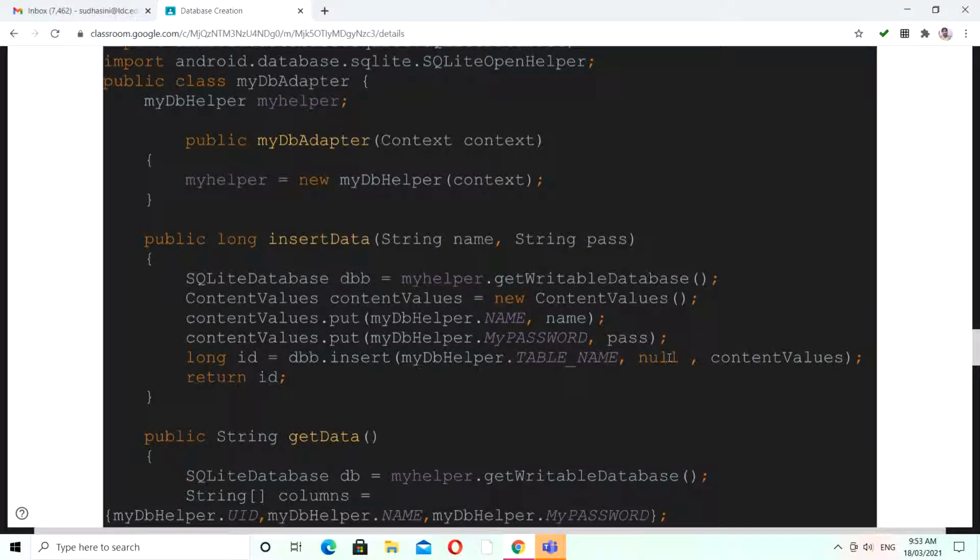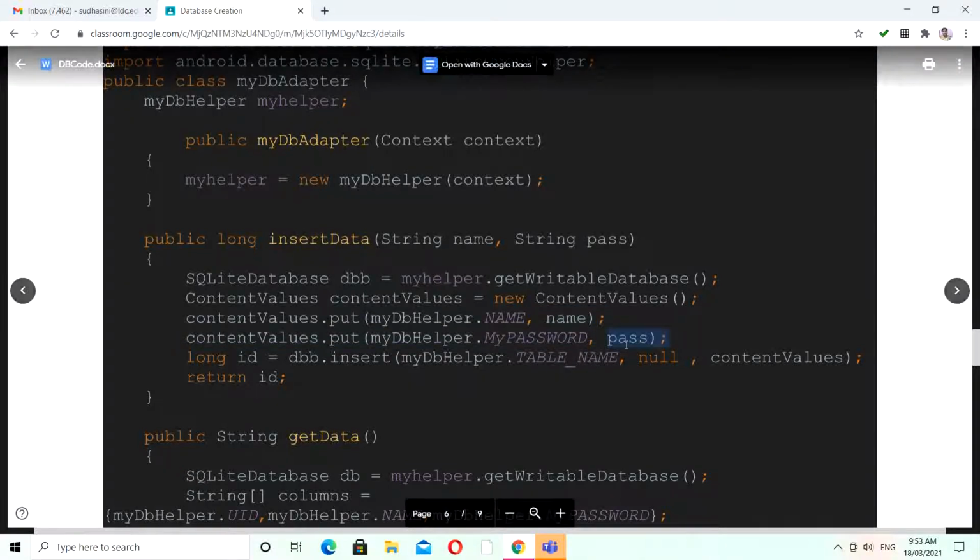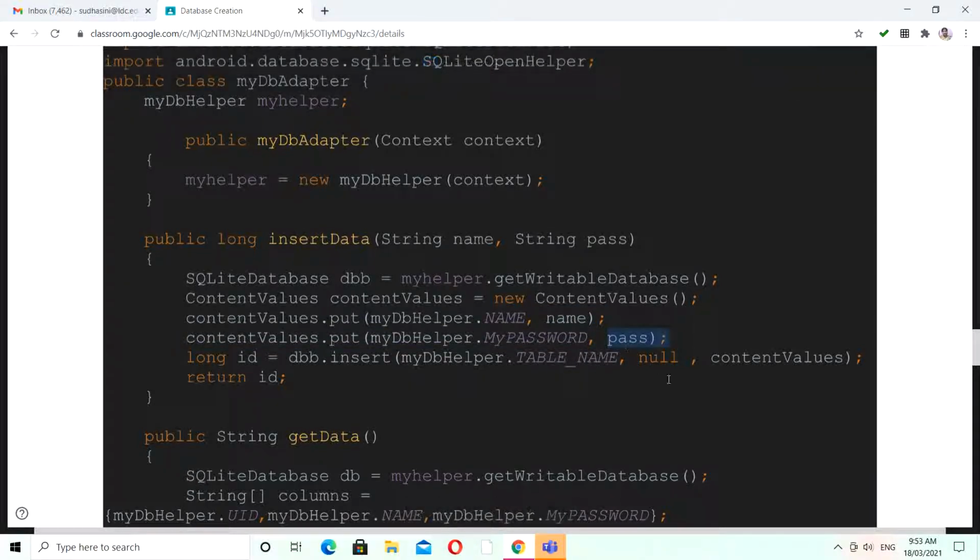Null statement means, as mentioned in the previous PowerPoint presentation, the second parameter is only for cases where strictly we have to mention the attribute name with the corresponding data. Your table can accept the null value, but still strictly we have to mention the attribute name and the corresponding data rather than the data itself. That is why we are mentioning the second parameter as null.